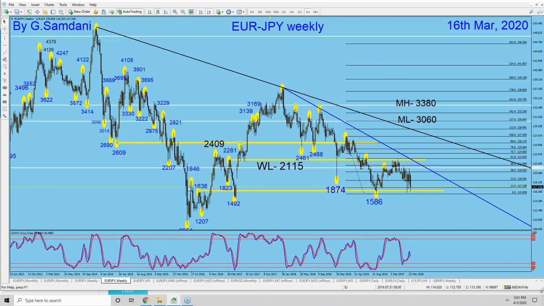Okay, euro yen. You see this euro yen weekly? It is sitting at this junction here, 1638. This band here, right? Yellow band, and we hit the band. We went up. Second try again, we went up. Then third try, and we bounced a little bit, but kind of just still sitting there.